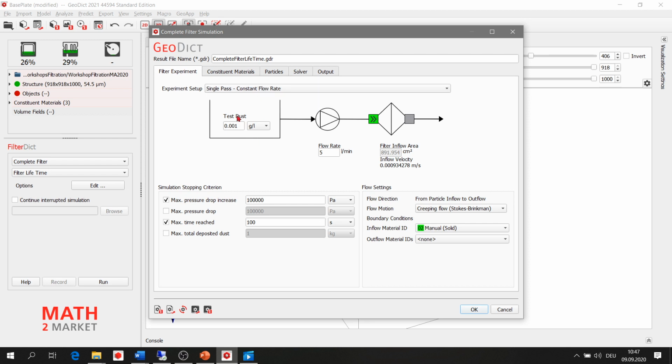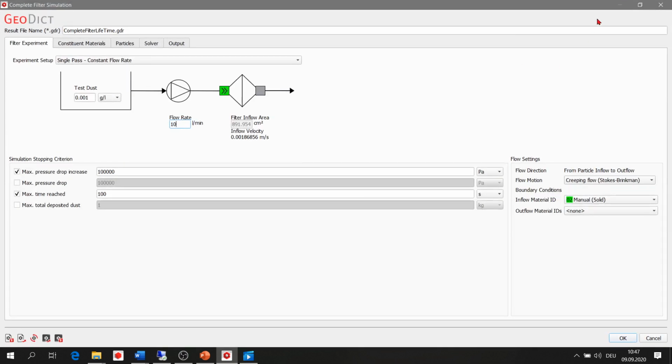Here you can select the concentration of the dust particles and the flow rate. For this example, we selected 10 liter per minute. And very important here is that you select the correct material ID for inlet and outlet.